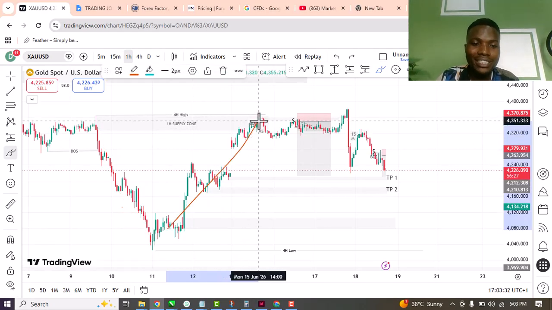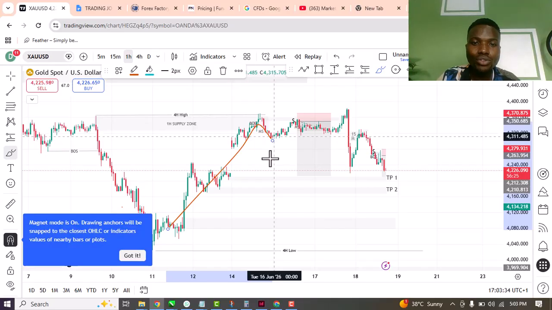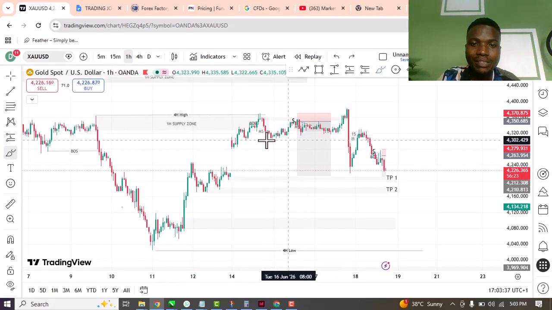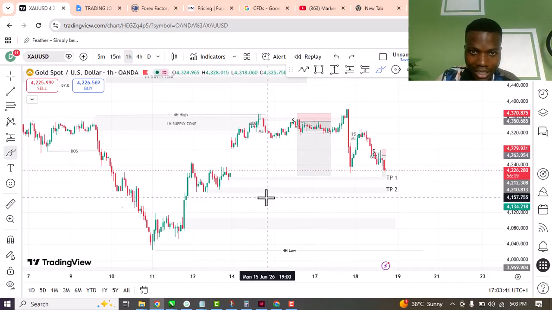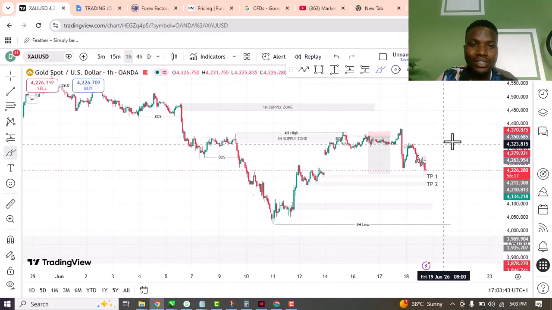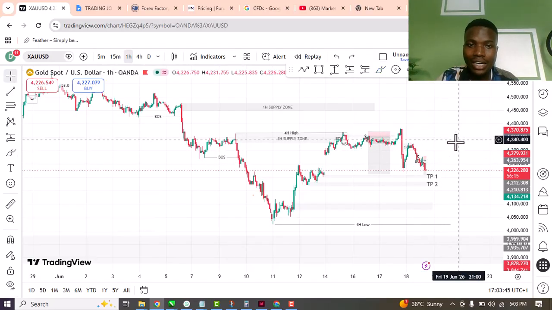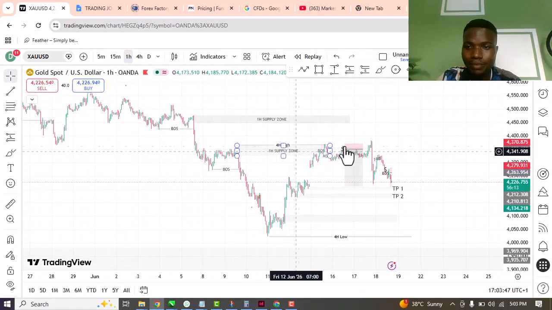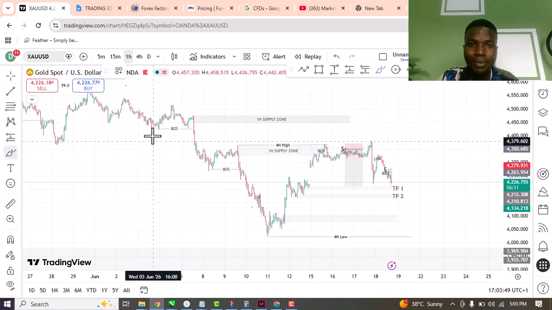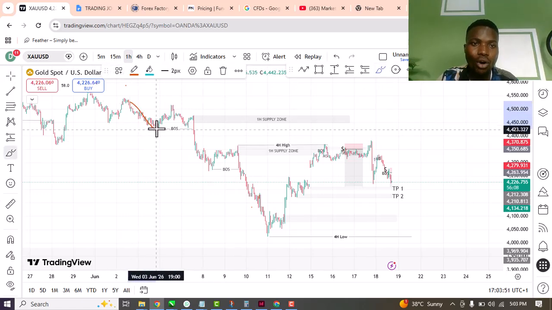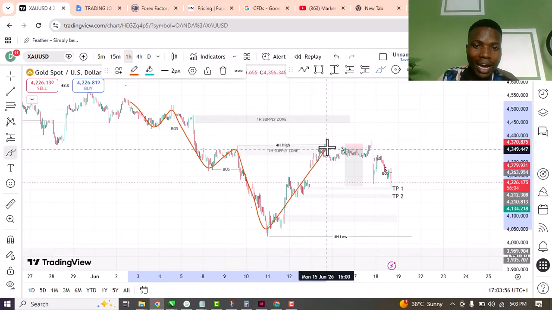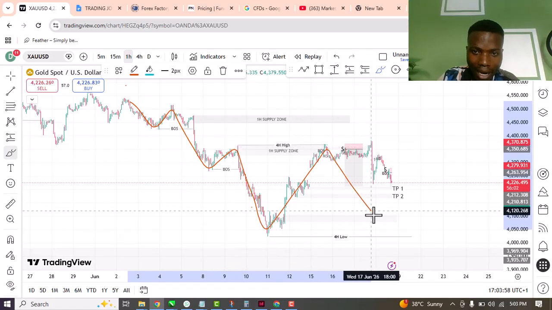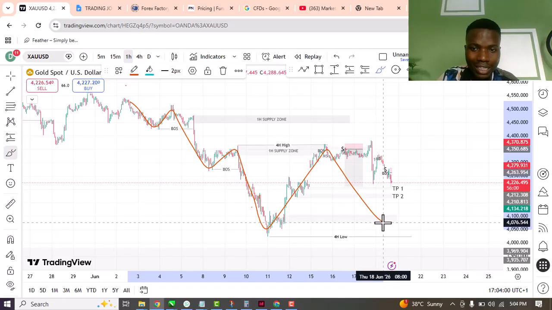So price came all the way up here, and price has already made a market shift around here. You can see it here. This is the market shift. So what price is simply doing is that you can see that on 1 hour price is heavily bearish, isn't it? Price is heavily bearish on 1 hour. You can see this is lower low, lower highs, lower low, lower highs, lower low, lower highs. Now price is going